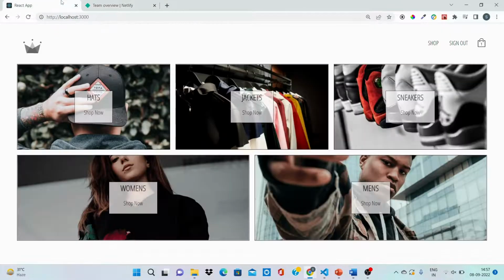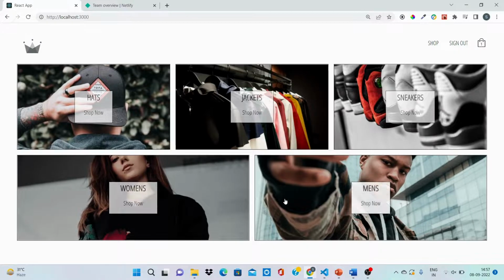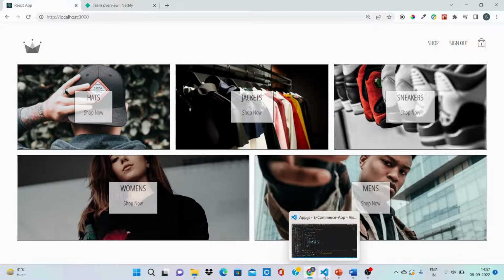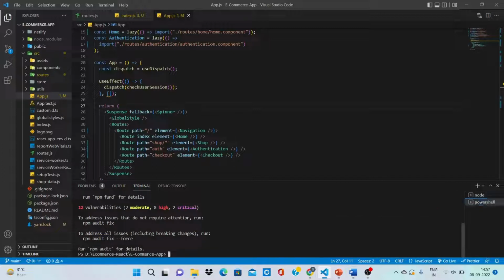And in order to deploy an application, I have created a dummy application for you, which I am going to show you how we can deploy over Netlify. So first of all, in the code, I have already written this dummy application. I want you to type npm run build in the terminal,